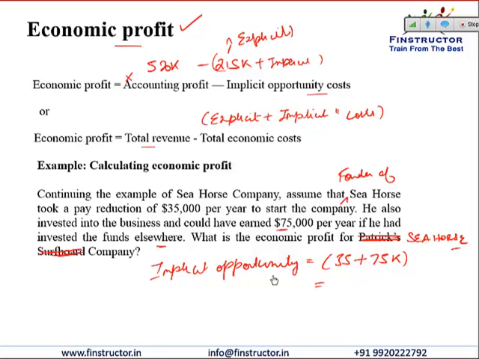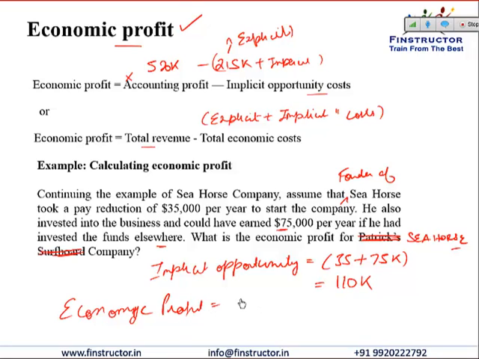So the implicit opportunity costs are to the tune of $110,000. Or we can say, even though Seahorse company is earning an accounting profit of $305,000, the economic profit